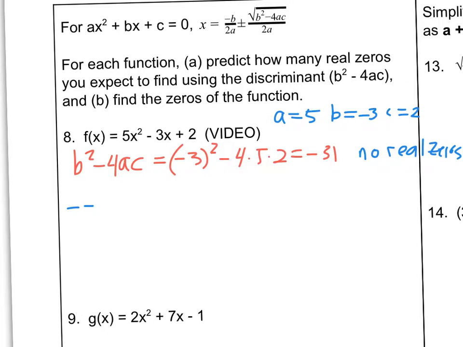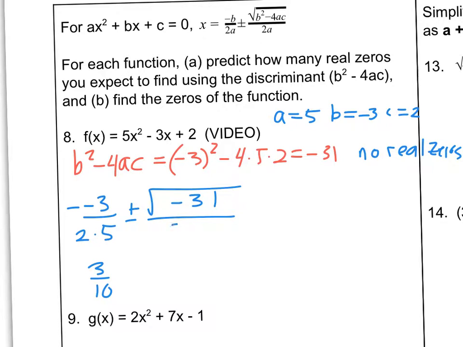We got -3 over 2 times 5, which is going to be 3/10 in a minute, plus or minus the square root. We just found that, that's -31, and that's over 2 times 5. Only thing that I can do here is to rewrite this as plus or minus the square root of 31,